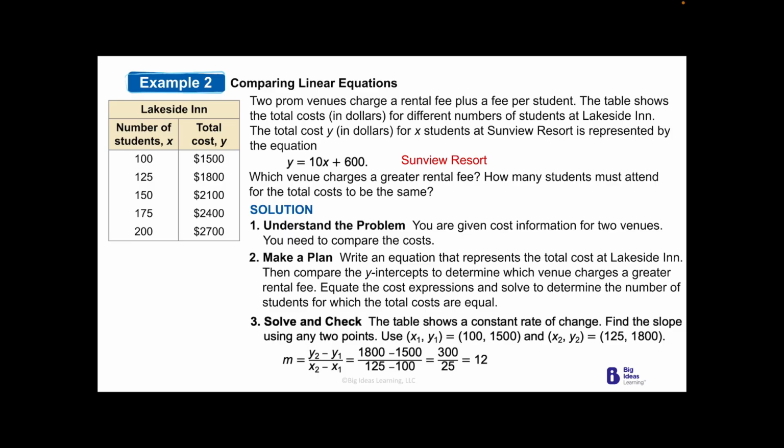So with that, they take that 1,800 minus 1,500. That is from 2 of the points. They just used the first 2 points from the Lakeside Inn, where the number of students was 100 and the total cost was 1,500. They also took the number of students was 125, so the total cost would be 1,800. Those we can label as X and Y values. X being the 100 and 125, Y being the 1,500 and the 1,800. Setting that up, they get a slope of just being 12. Now, that's great because now we can use that slope,